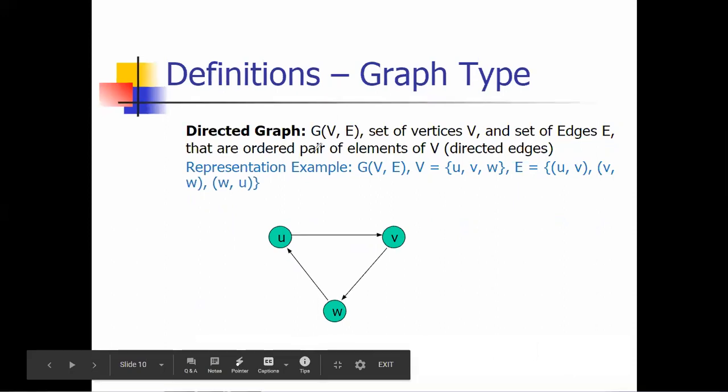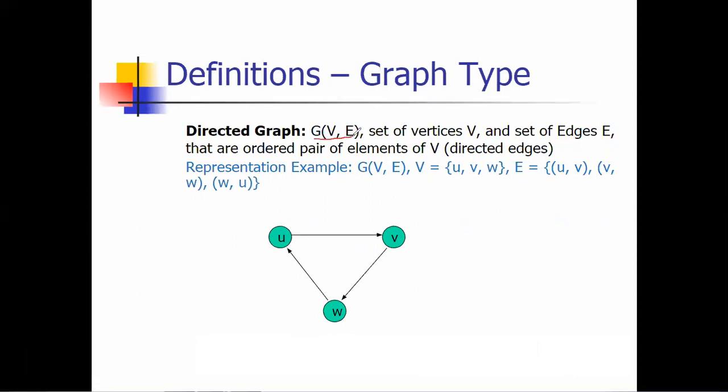Okay, so if you are considering the graph G, it is a combination of vertices and edges. This is one vertex, u is the first vertex, v is the second vertex, w is the third vertex. They are connected to each other using edges, but the edge direction is given. Again, there are two concepts, whether it is one directional or bidirectional. In our given example, it is one directional.